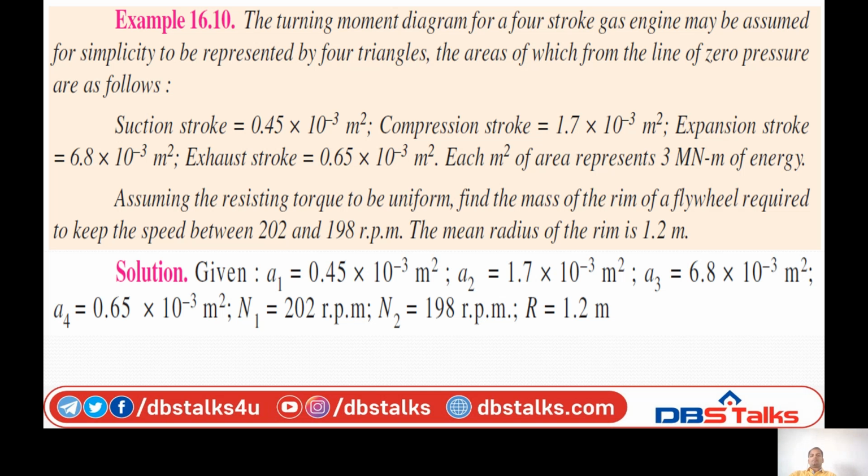Each meter square of area represents 3 meganewton meter of energy. Assume the resisting torque to be uniform and find the mass of the rim of the flywheel which is required to keep the speed between 202 and 198 rpm, and the mean radius of the rim is 1.2